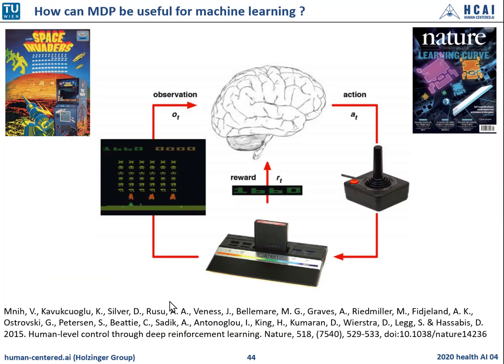Before the Go hype, the DeepMind people, the people around Demis Hassabis, worked on applying deep networks to reinforcement learning. I hope you remember Space Invaders. This is an old game, and the DeepMind people tried to learn this game just by observing the screen. This is very important to note: just by observing the screen, the states of the screen.